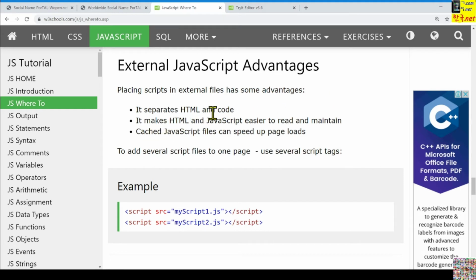It separates HTML and code, and it makes HTML and JavaScript easier to read and maintain. And cached JavaScript files can speed up page loads.